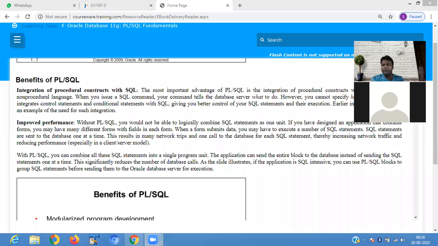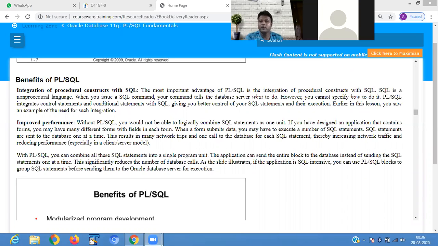So when you are writing the SQL statement, when you fill up a form, then your information will be stored in a database. For storing the data in a database, you require what? A database connectivity, or you require the SQL statement to be there.